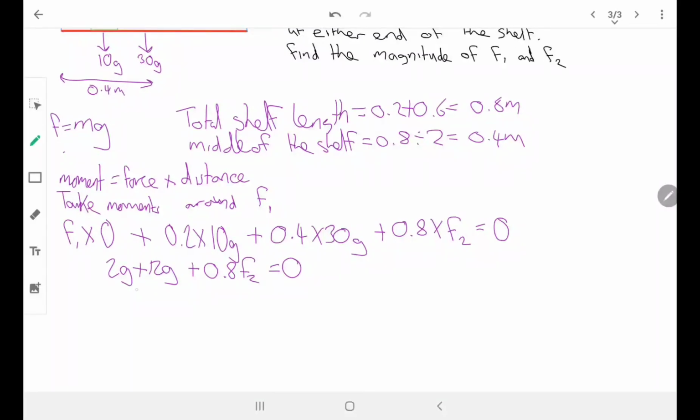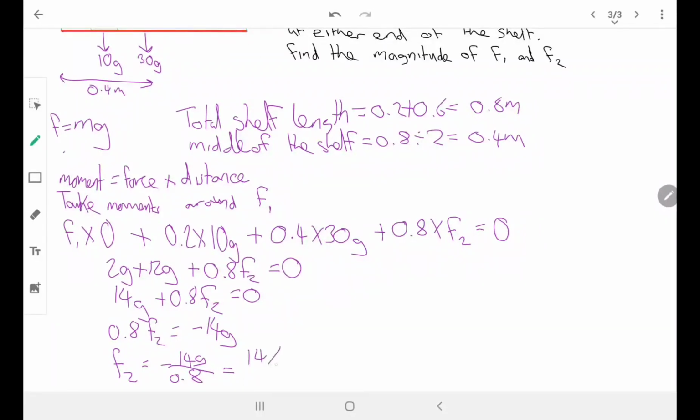What I'm going to do is group those together. 14g plus 0.8 F2 equals 0, and I'm going to take away the 14g, so 0.8 F2 equals minus 14g, and therefore F2 equals minus 14g over 0.8, which, if you happen to have a calculator,